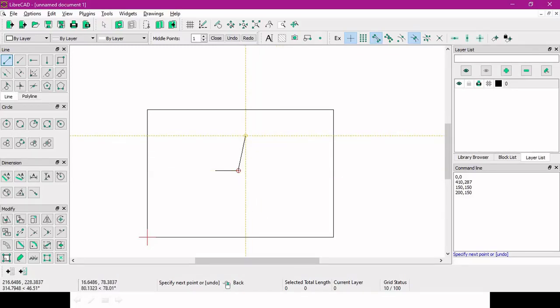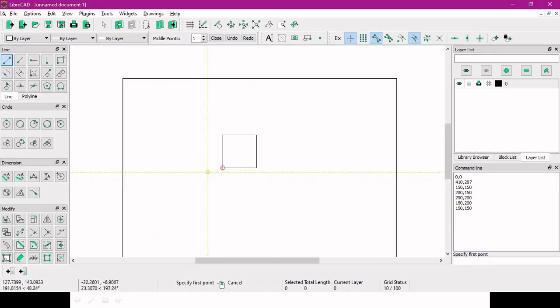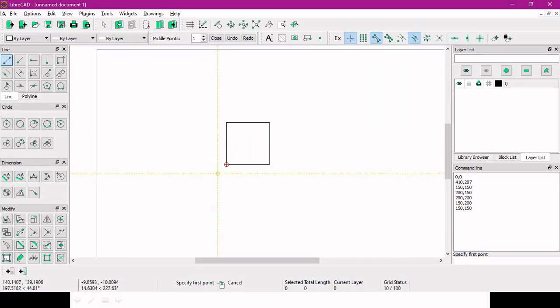Similarly you can go for the next point, 200, 200. The fourth point is 150, 200, and the last point is the same as earlier, 150 and 150. Done. Now we got the square.